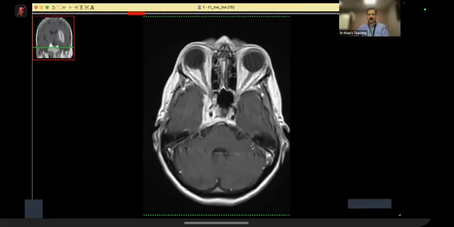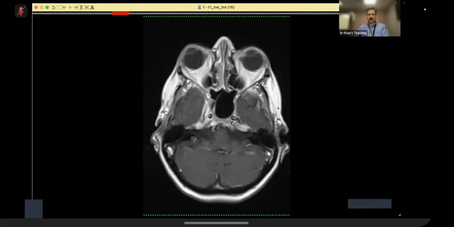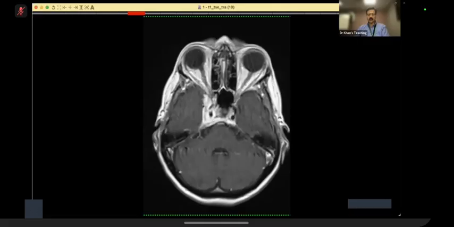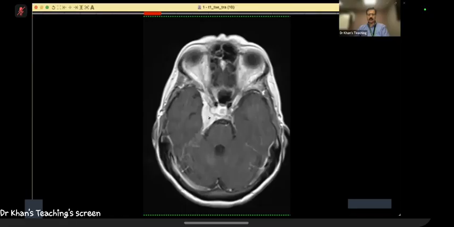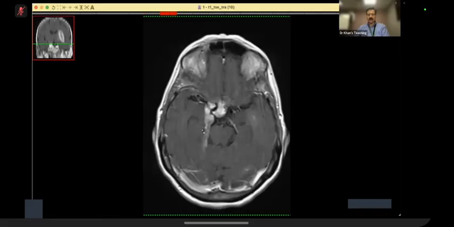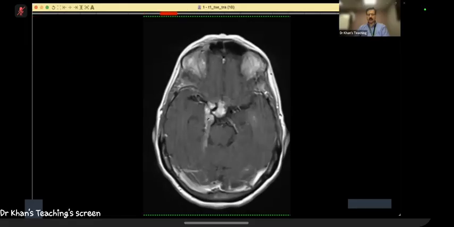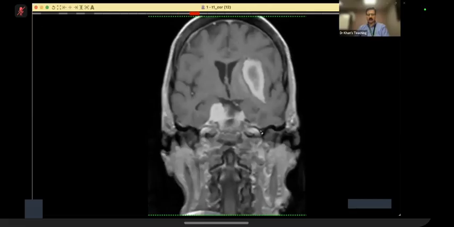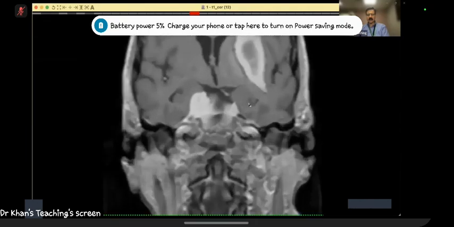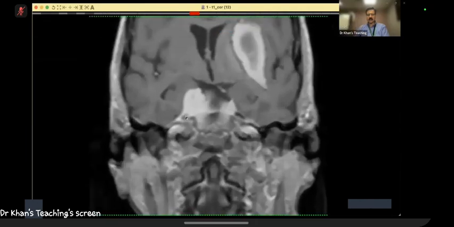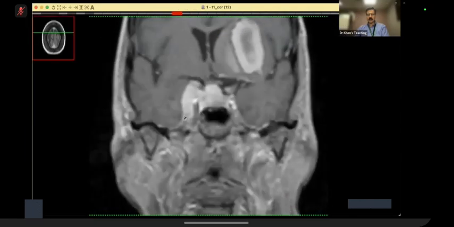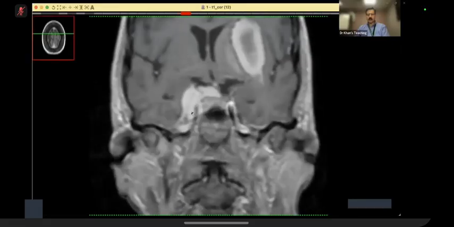Now, if you go here, this is the cavernous portion of the internal carotid artery, and there is enhancing tissue. You can see a dural tail here, and here. And as we go up, you can see a dural tail here also. A portion of the lesion is extending into the suprasellar region. Now, a key finding here: this is the Meckel's cave, and that Meckel's cave is obliterated. Of course, it's a big tumor, and a portion of it is going into the suprasellar region,